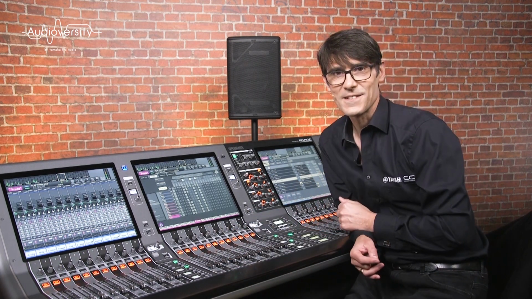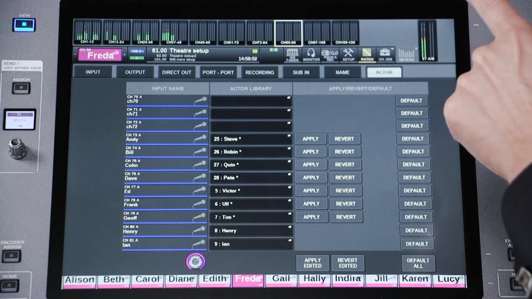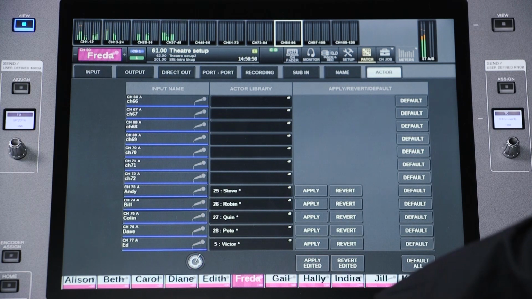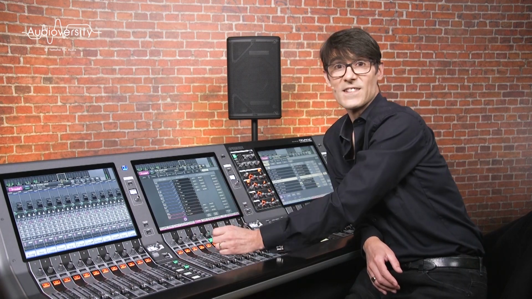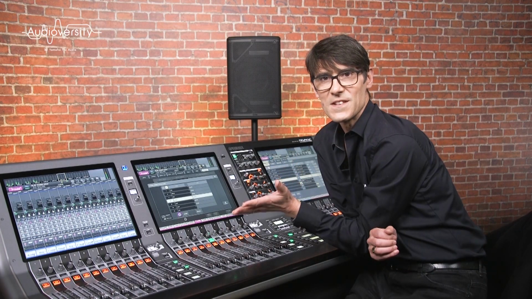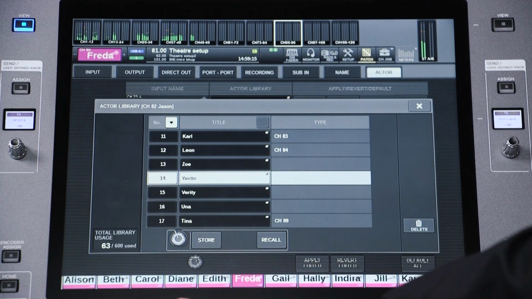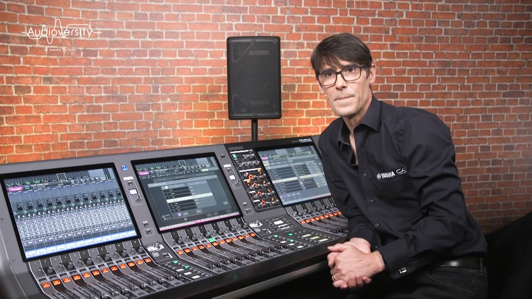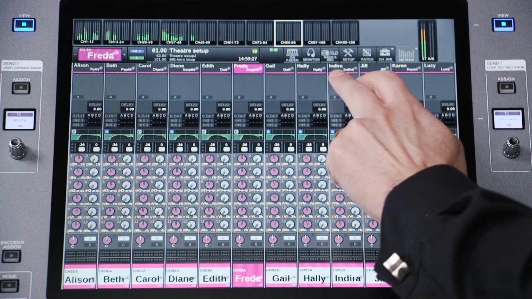Let's take a look at the actor library. Find it in the patch menu and the actor tab, which is hidden when not in theatre mode. Here you can see a list of all the input channels, and you have the chance to store the 4 banks from each channel to the actor library. When you have a new actor or musician in rehearsal, you can set the EQ and dynamics, then store them as a new actor. Then you can freely switch between actors and their settings at any time. Keep track of which actor is in which role at the top of the channel strip display.